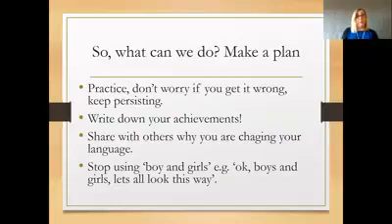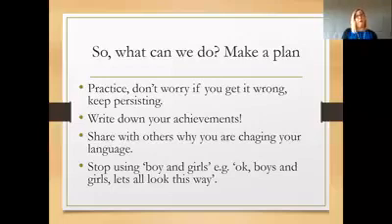Write down your achievements. You can keep a little diary about some of the things that you're doing well and some of your pitfalls. When you're practicing something like this, it's a little bit like learning a new language. You're going to default to the original language, and then you're going to go, oh, that's right, I'm supposed to be trying this thing differently now. So just go back and say, oh yeah, let me try this differently now. Writing down your achievements means that you can flip back through what you've written and say, oh, I can see some really lovely progress here.